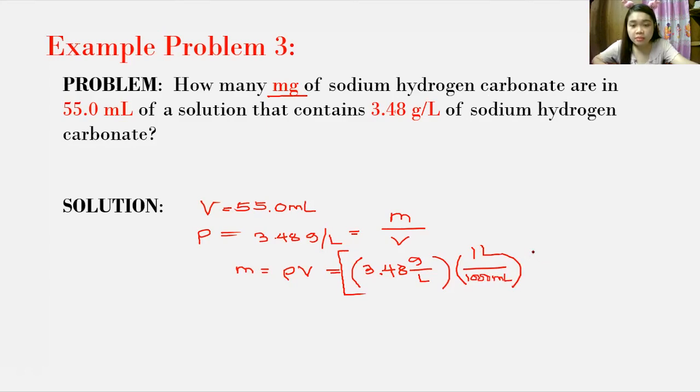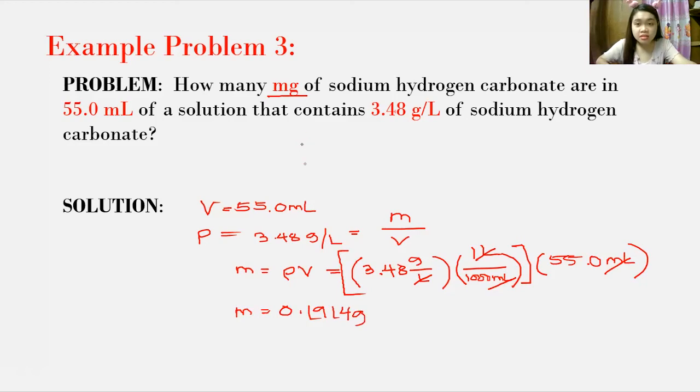Then we multiplied it by the volume, which is 55.0 ml, for you to get the mass in grams. By doing so, the units later will be cancelled out, and then also the ml. So you had an answer of 0.1914